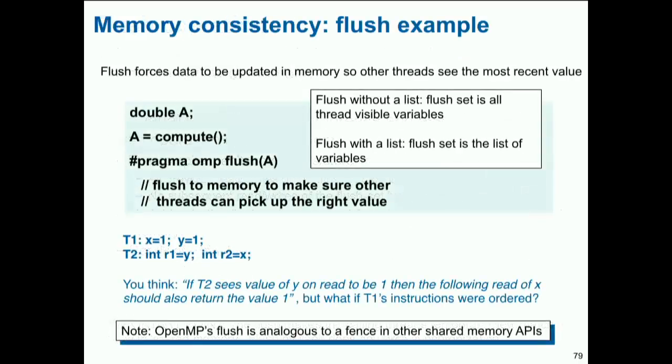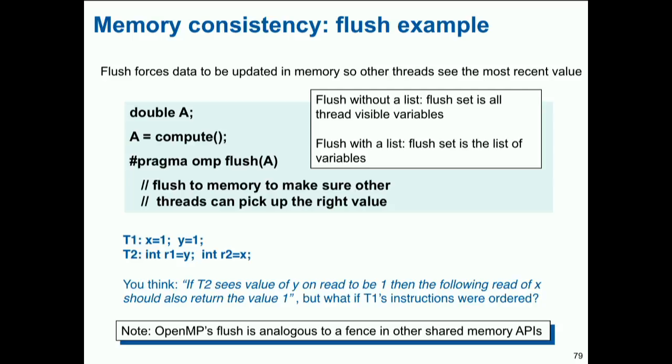Nothing guarantees. Here's the example. Let's say you have two threads. This little example I'm showing is the most useful thing. Thread 1 sets x to 1, and then sets y to 1. And then thread 2 reads y, and then reads x. You might think, as a sane person,